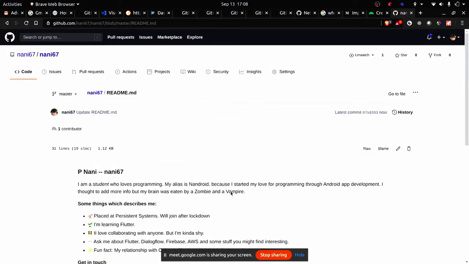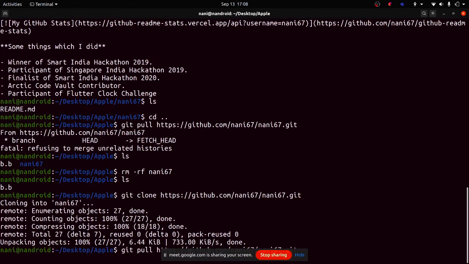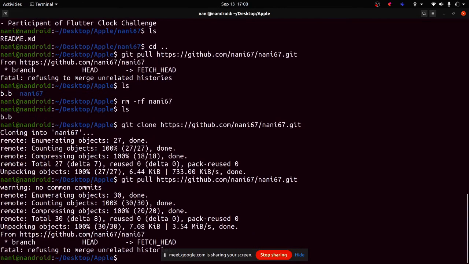Yep. Now I have made a change. Now if I try to use git pull, refusing to merge unrelated histories. Okay, now I understood. So guys, this was a mistake which I actually did.